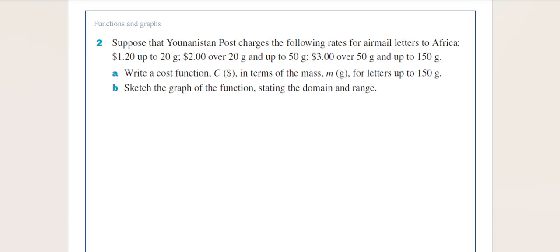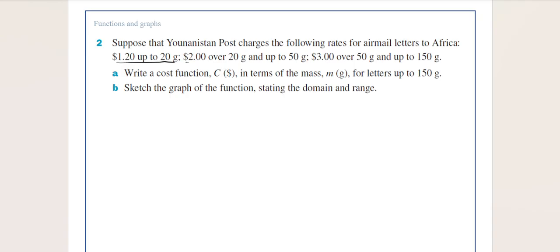You might want to write these down in your writing books, where you write your answers as we go through these ones, just because we'll eventually have to answer them, so why not do so while we're going through them. It says that suppose Unanistan Post charges the following rates for airmail letters to Africa: $1.20